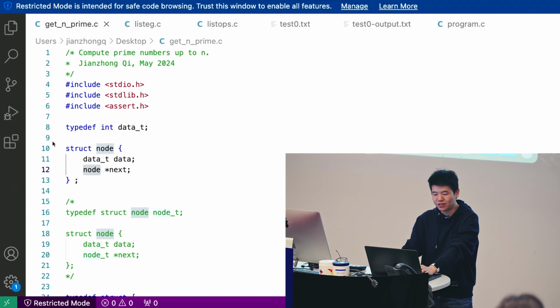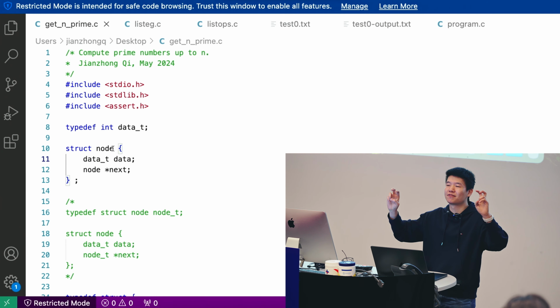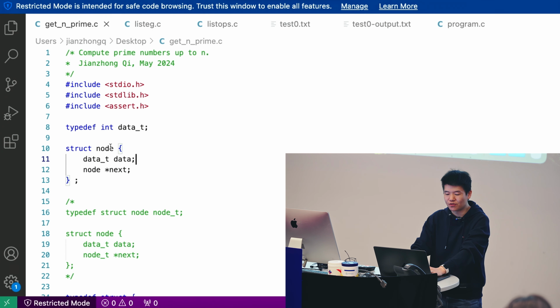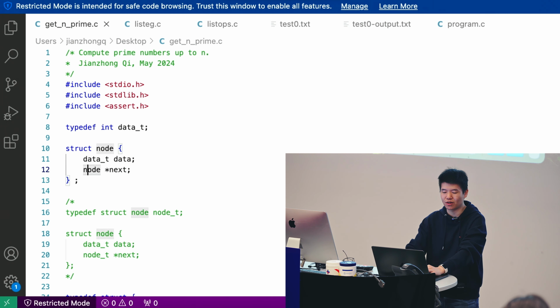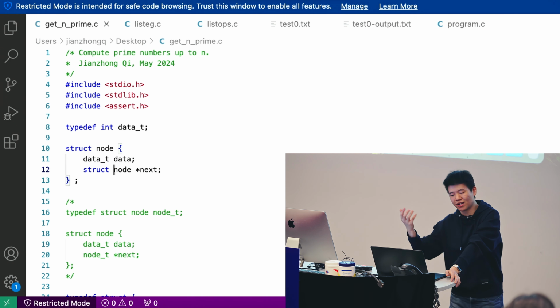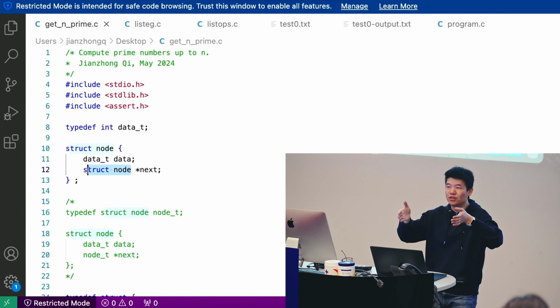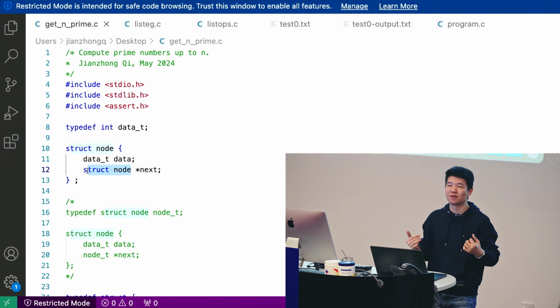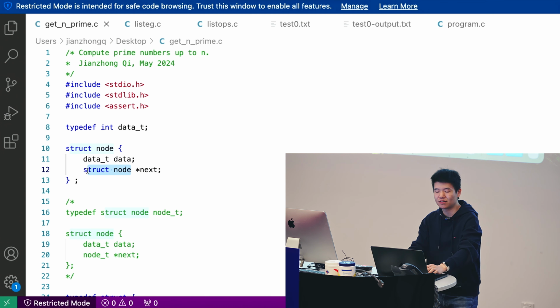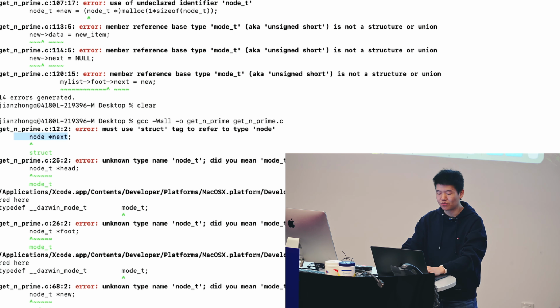And the issue for this is, without using the typedef, whenever we create a struct in this way, and whenever you use a struct type of this kind, you have to accompany it with the struct keyword. You have to keep saying struct node. So now you have to always write two words to represent one type. With the previous typedef style, you only need node_t. It already knows that this is a struct type. But with this style, you have to always say struct node, and this represents a struct. And if we try to do the compilation again,